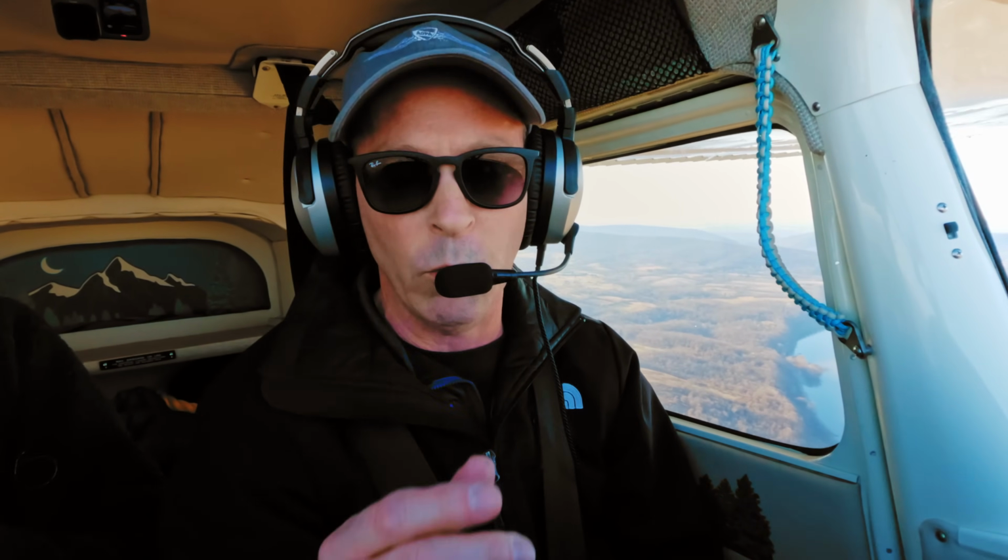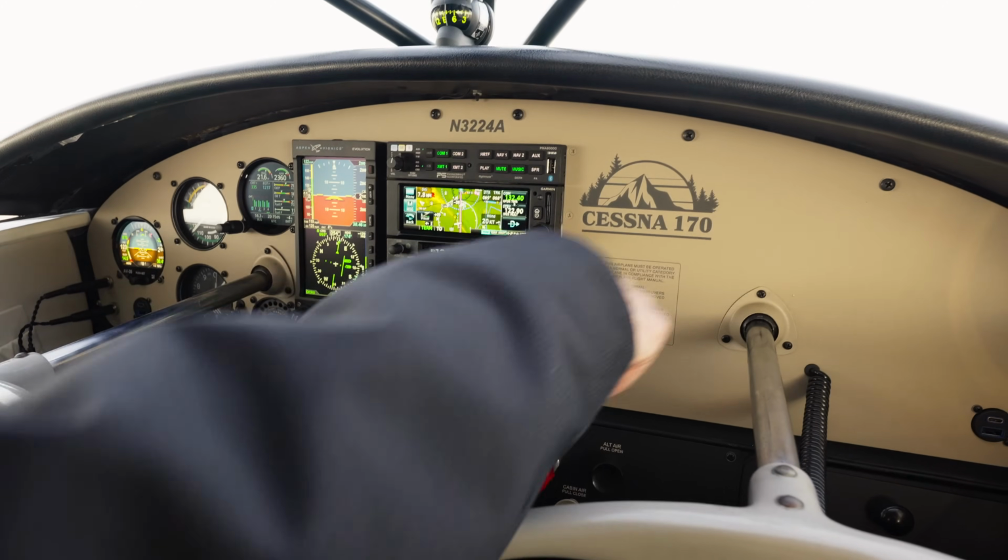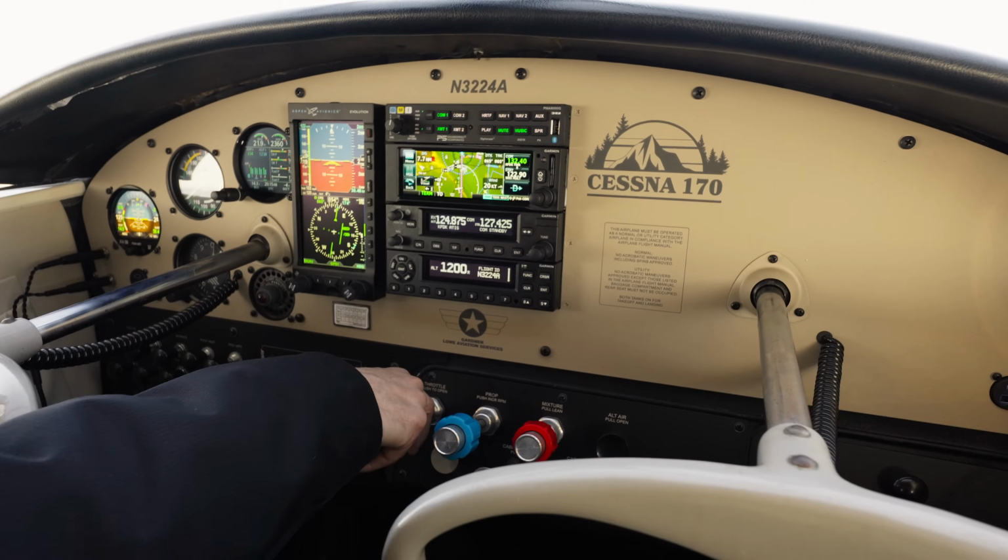So one other thing I did want to mention about the panel, this really awesome panel that Gardner Lowe put together, is not only is it super clean because we took away a lot of the instruments because we have the EIS, but we also have a center stack of avionics, which for most Cessna 170s, at least stock 170s, is not possible. In stock 170s, there's a control T and a chain that goes across back behind the panel here. And so we actually installed a later model Cessna 172Y control yoke that goes down and allows us to